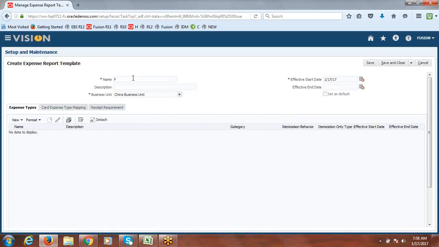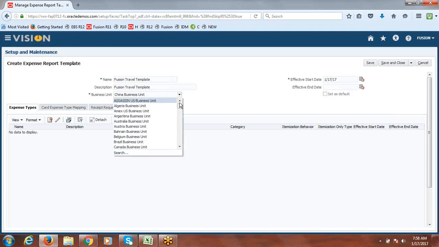I'll say Fusion travel template. So I'm providing the same as a description, and select your business unit. You are creating this template for which BU? Fusion US business unit,